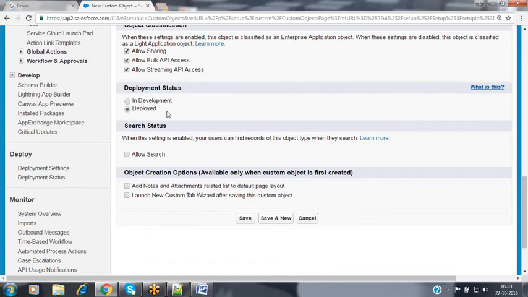In development means this object is not in completion status. It is still in implementation. We need to create some more fields inside it, so you cannot access this object to create records. This object is not ready to use.